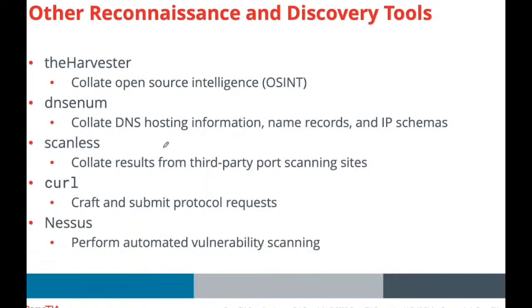Then there are other reconnaissance and discovery tools. theHarvester is there, DNS-nm is there, scanless is there, curl, Nessus. theHarvester is basically an open source intelligence tool for a particular domain or company. It works by scanning multiple public data sources to gather email addresses, names, subdomains, IP addresses, URLs,